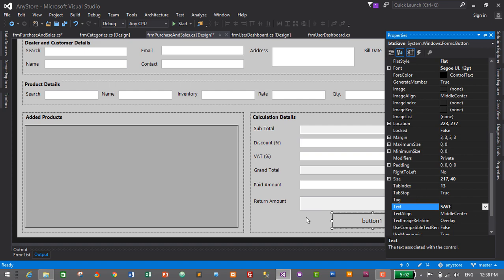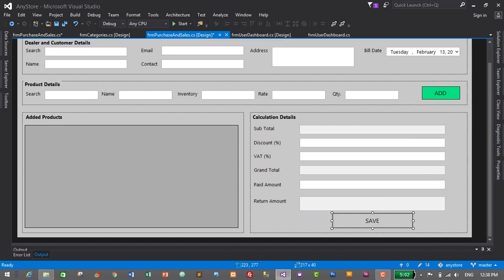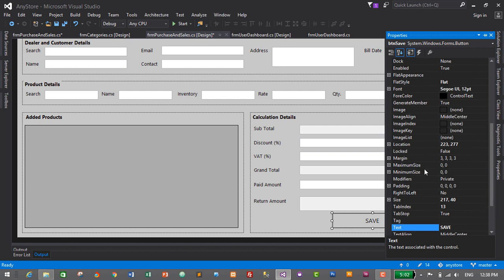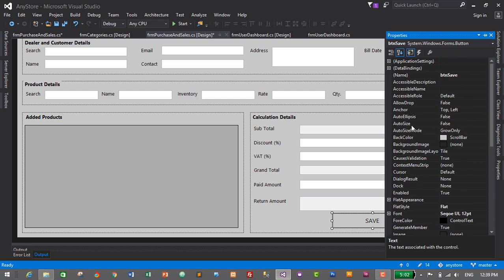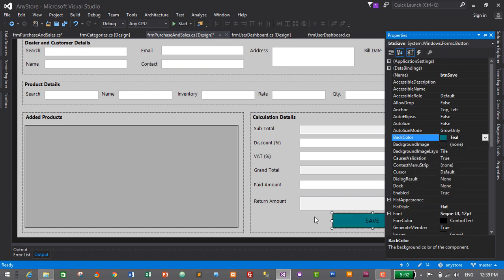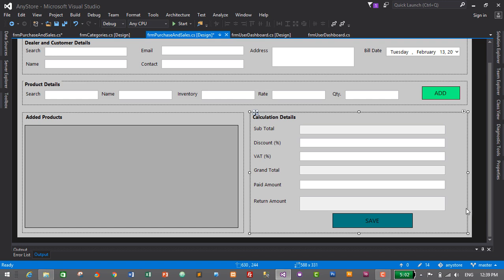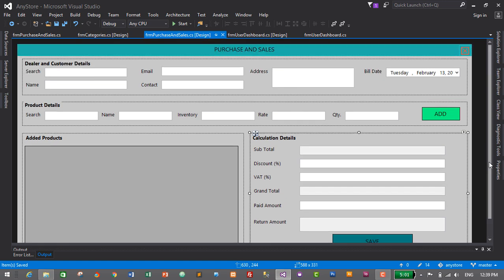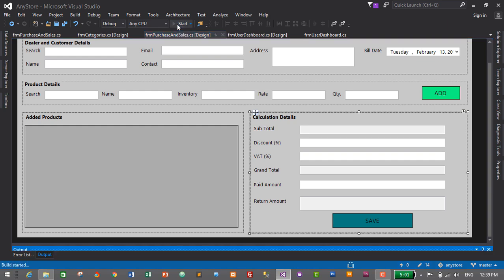So that's it, guys. Now I need to change its background color, so I'll make it bluish background color. So go to the back color and go to the web and search for bluish color. I'll make it blue, so I'll make it teal. I think that's okay for now. I'll press Ctrl and S to save. So this is it. Now let's check it out by pressing start button,